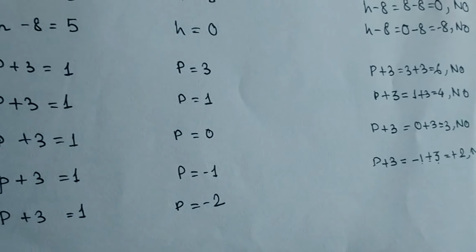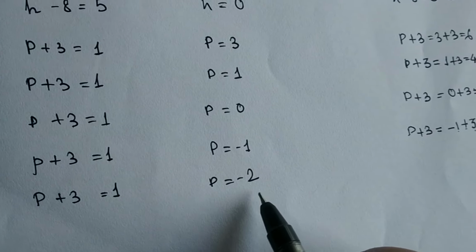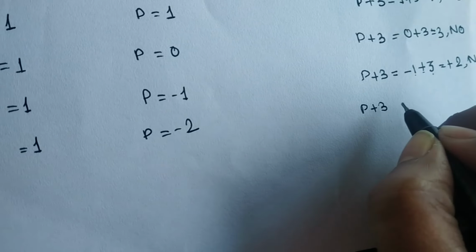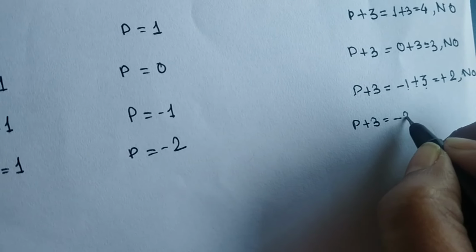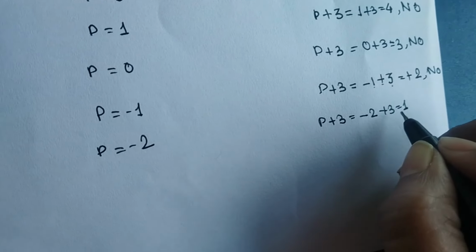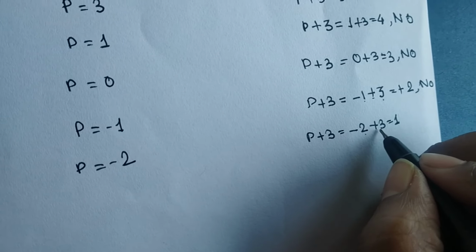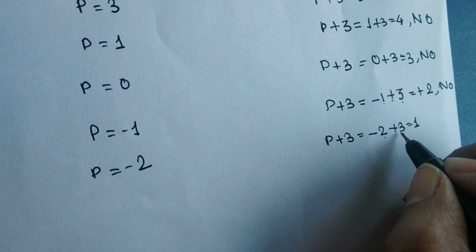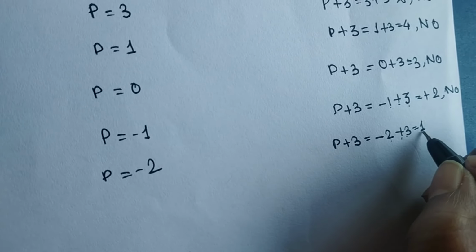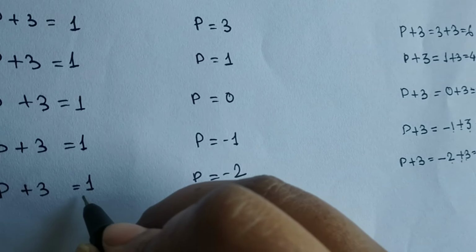And in the last part we have p plus 3 is equal to 1, in which the value of p is minus 2. So here p plus 3 we will write, and in place of p we will write minus 2. So minus 2 plus 3 is 1 again, because plus minus minus, so 3 minus 2 is 1, and we will put greater 1 sign here. Here 3 is greater than 2, so the sign of 3 is plus sign, so it will be plus. Now see, here also is 1, here also is 1. That means it satisfies the value which is given on the right hand side.